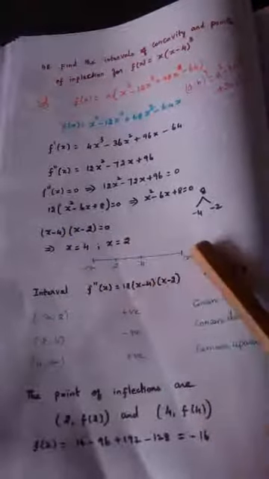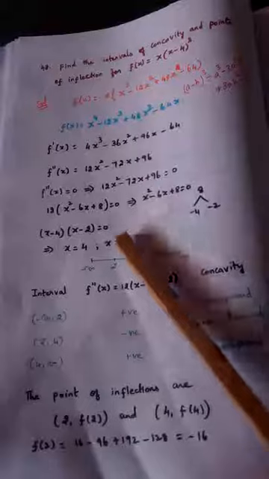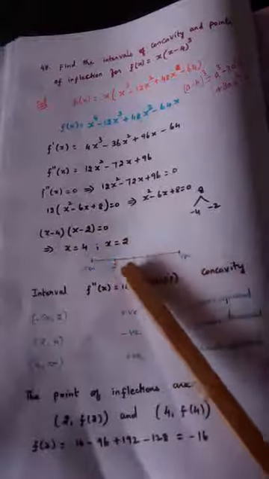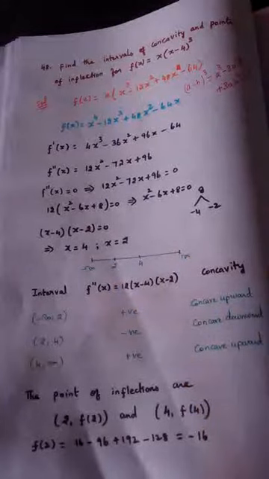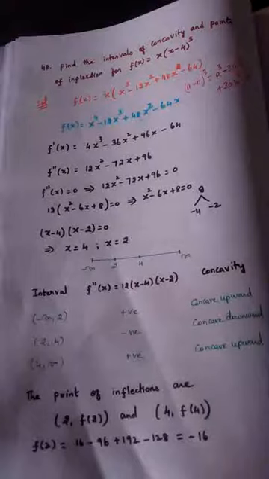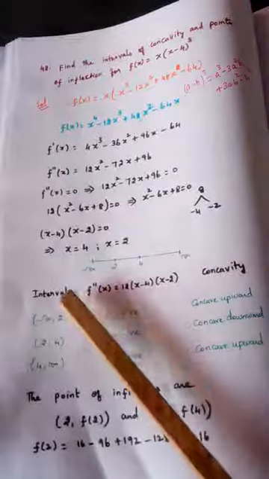Now draw the number line. No interval will be given here, so minus infinity to plus infinity, and the two numbers that we got should be plotted in this number line, 2, 4. Almost it looks in a similar fashion as we did in monotonicity. What is the difference? There, first derivative equal to 0; here, second derivative equal to 0. Then draw the number line, then form the table.